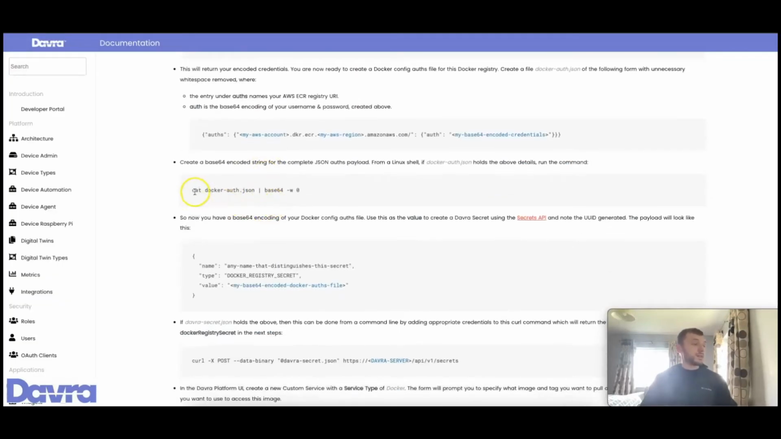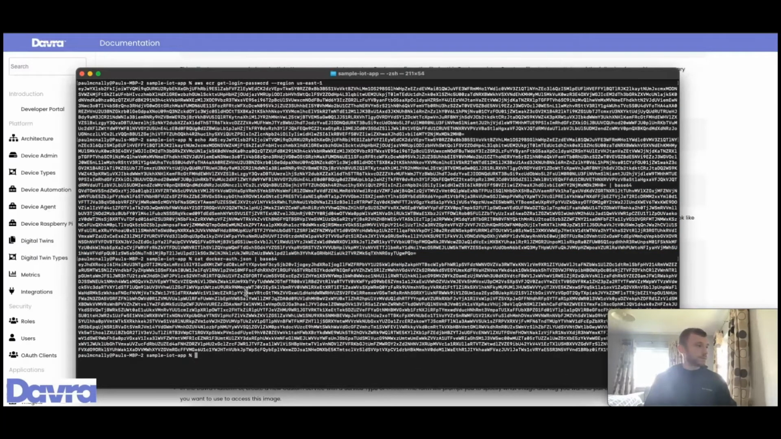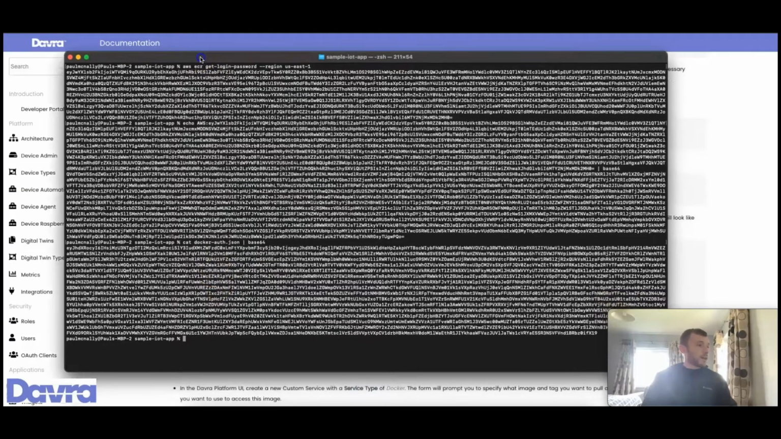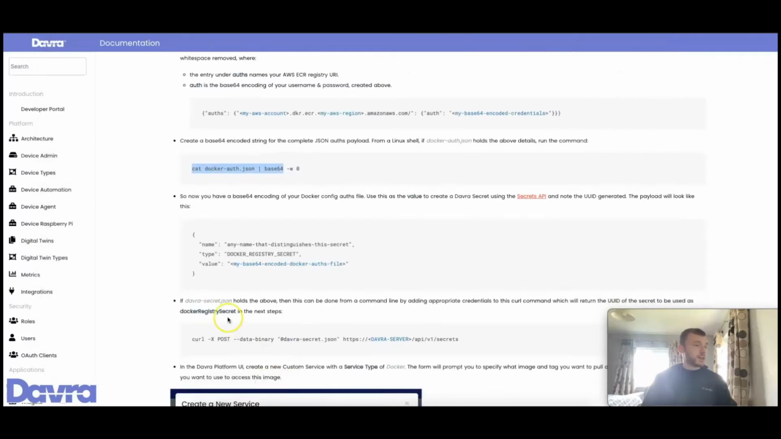So now we need to encode our JSON file in base 64. Okay. So let's do that. Perfect. So now we have our auth file in JSON. The next thing we need to do is create a secret, our Davra secret via the